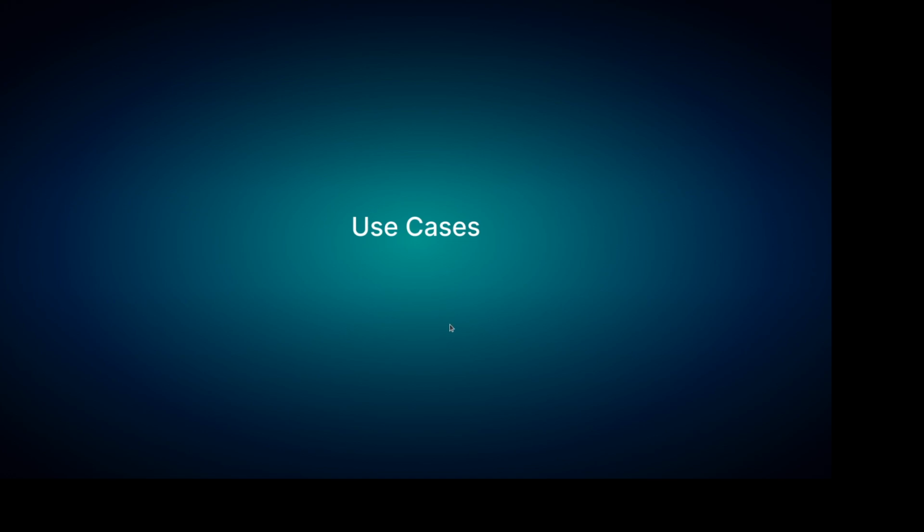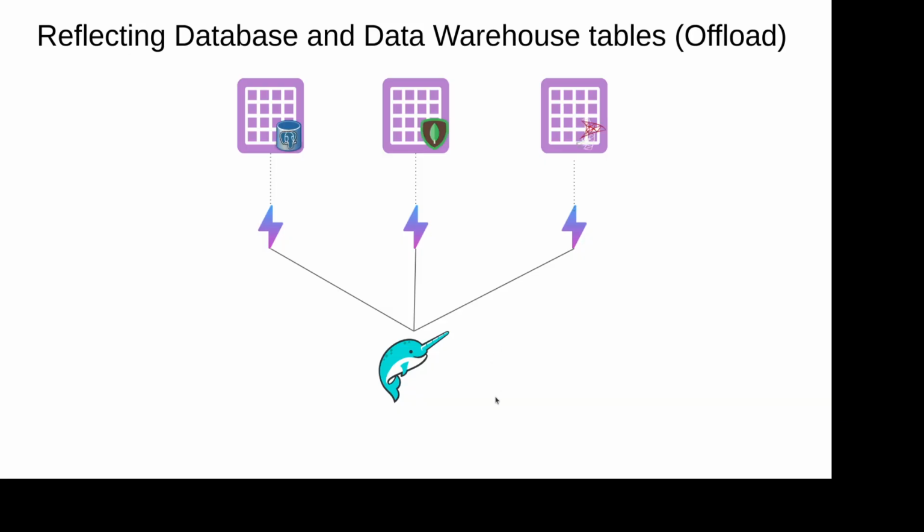So let's go over some situations in which you might want to use a reflection. In this first example, we're assuming that you have a Postgres database, a Mongo database, and a SQL Server database all connected to Dremio. Now by default, every time I query with Dremio, there's an initial push down of the query to the source system. So a query is going to end up being run by that Postgres server, or by that Mongo server, or by that SQL server, which is fine depending on what your needs are.